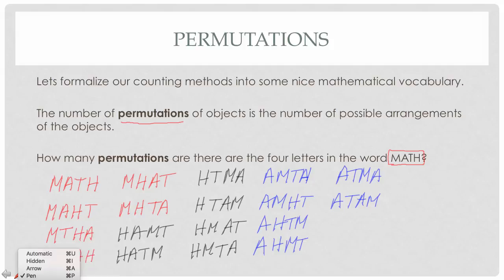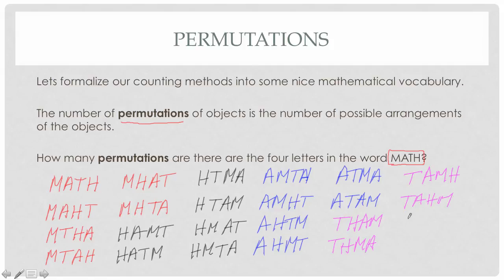You're probably already ahead of the game here, but yes, now I've got to start with T's. There's going to be 6 more with the T's. Let's just finish this off and just be really obvious about it. THMA, TAMH, TAHM, and the last 2, TMAH